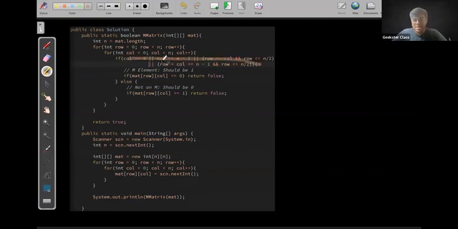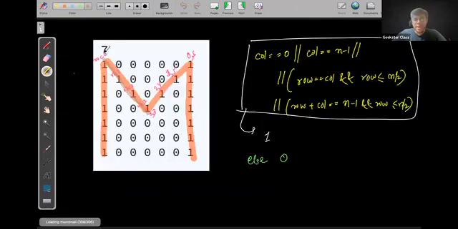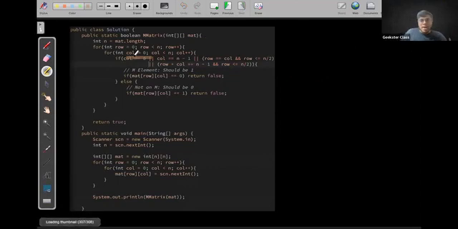कोई पूछ रहा था ये इफ कंडीशन कैसे आई। मैं बोल रहा हूँ, अगर एलिमेंट 0th कॉलम में है, सबसे पहले कॉलम में है, या एलिमेंट सबसे आखिर कॉलम में है, या एलिमेंट इधर वाले डायगोनल में ऊपर वाले पार्ट में है, या फिर एलिमेंट इस वाले डायगोनल में ऊपर वाले पार्ट में है। इन चारों पार्ट्स में से हमारा एलिमेंट किसी भी एक पार्ट में है, पार्ट 1, पार्ट 2, पार्ट 3, पार्ट 4, तो फिर उसको 1 होना चाहिए, अदरवाइज उसको 0 होना चाहिए। अगर वो पार्ट 1, 2, 3 या 4 में है और 0 निकल गया तो फॉल्स। अदरवाइज अगर किसी भी पार्ट में नहीं है तो उसको 0 होना चाहिए, लेकिन अगर वो 1 निकल गया तो दोबारा फॉल्स।